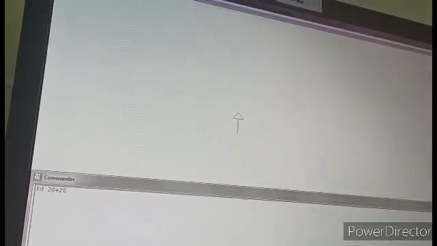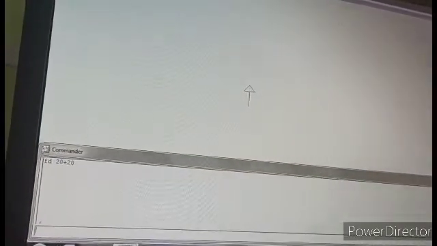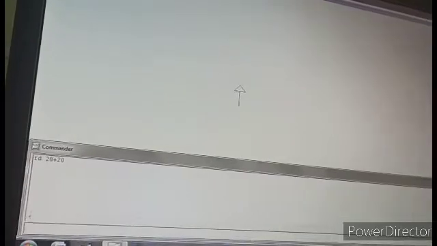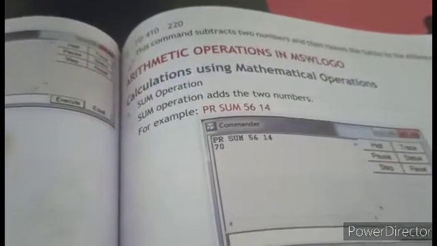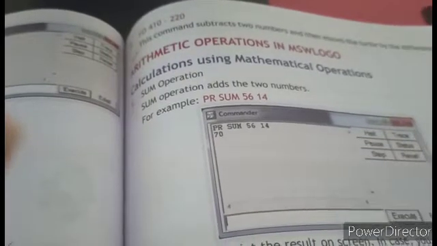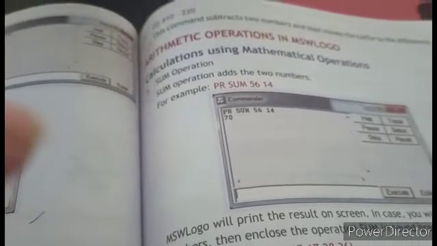Now it's time to discuss other operators for mathematical, arithmetic operations. In the previous class we learned that by using the plus, minus, multiplication symbols we can do the calculations. But there are also specific words, called operators, and by using those words we can do different kinds of functions in Logo also. Like for addition, which word is used? Sum. If you use the sum word, there is no need to use the plus symbol. Sum itself is a function which is used to add the numbers.